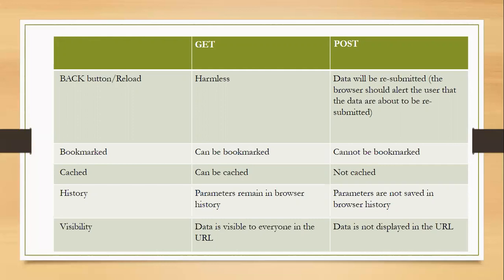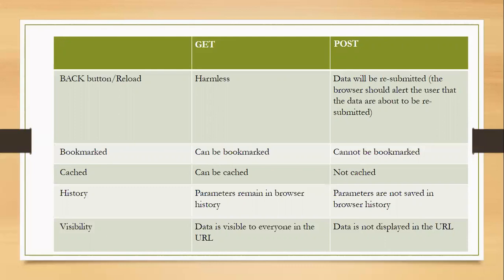It means if I'm sending any request, then I must know the status of my data, whether it is saved or not. If it is not saved, then I will submit it again. So the status is showing resubmitted data in the POST method. About bookmarks, we can bookmark our data, our link, in the GET method, but can't in the POST method. So there are some advantages in the GET method and some in the POST method, and vice versa as well.